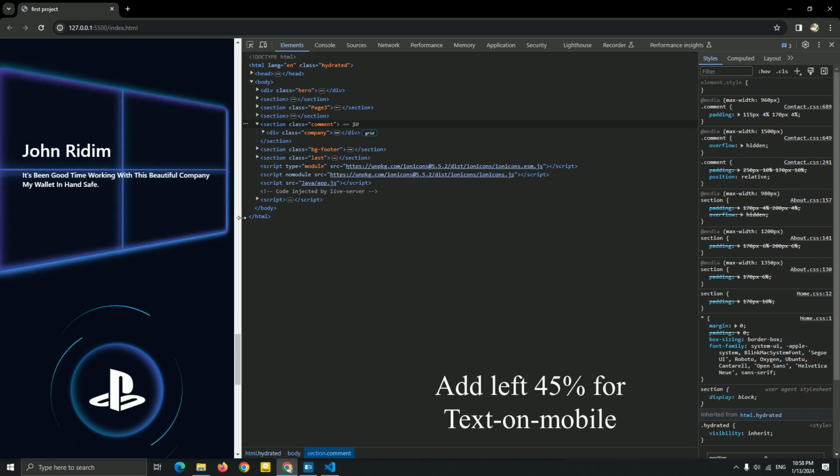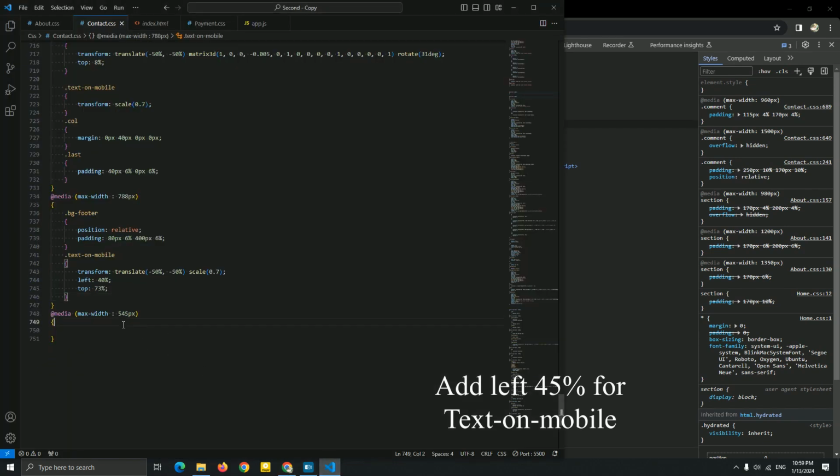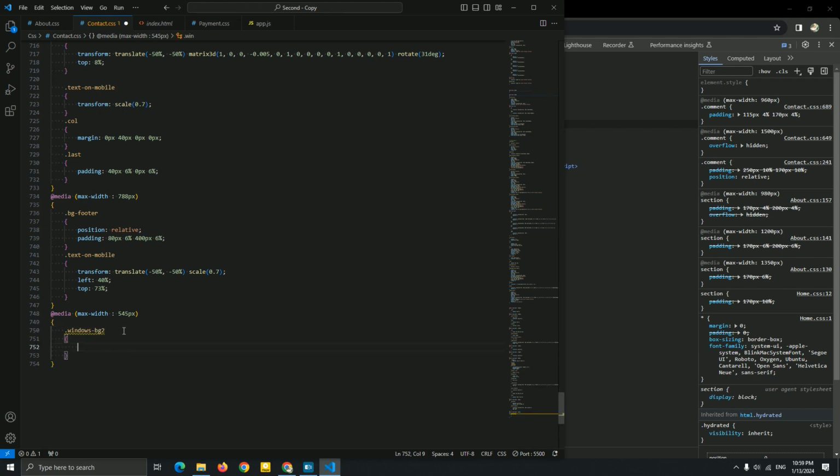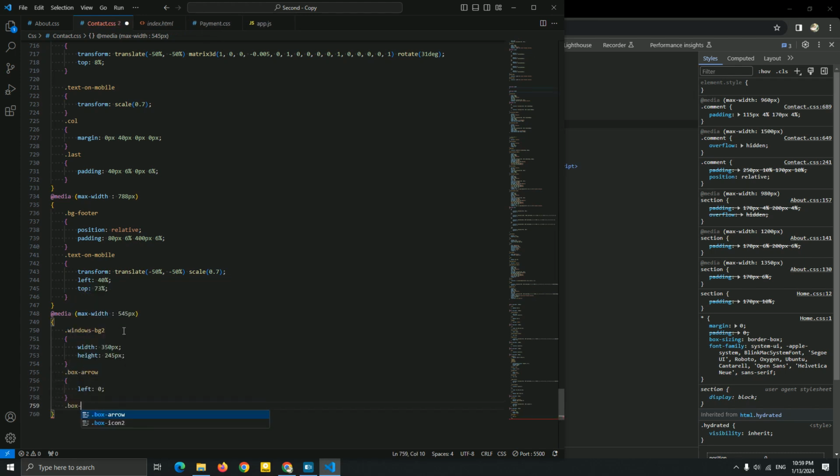Now for the next media, guys, let me fix this Windows BG2. I'm gonna fix the width and the height. Now let me add the box arrow at the left 0, and now let me add the box icon 2. And let me add ion icon.